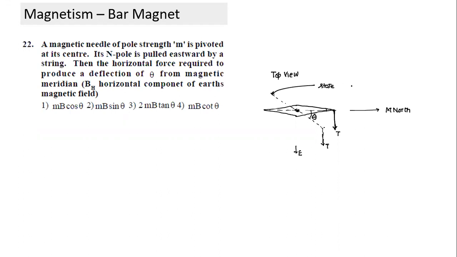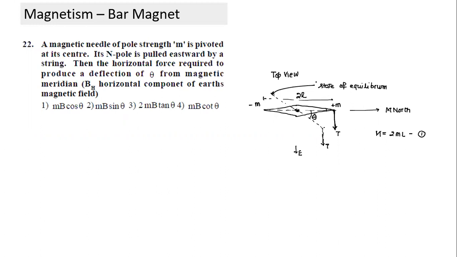So what we have to find here is, can I write an equation between T and theta? What are the relevant terms here? This is plus M, minus M kind of thing. So basically plus and minus M implies what? Dipole moment is equal to, and let me take the total length as 2L, what is M equal to? M is equal to 2Ml. That's the first equation.